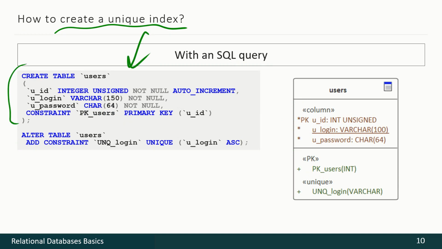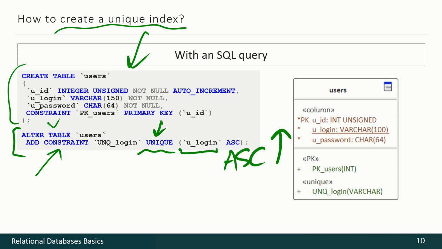Here's the code for table creation, and this is the code for index creation or unique constraint creation. We alter the table, adding a constraint, and we say that this is unique by that field and in ascending order, or it may be in descending order in some cases if we prefer that.